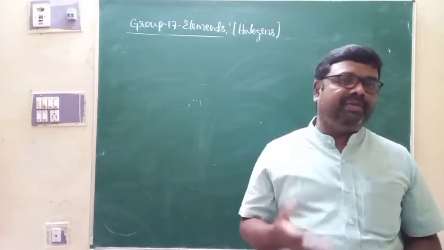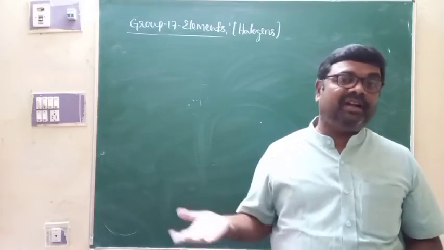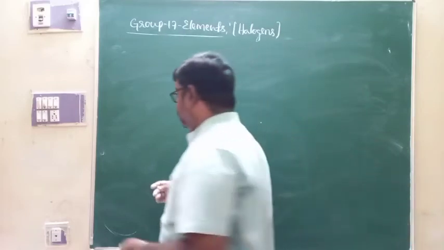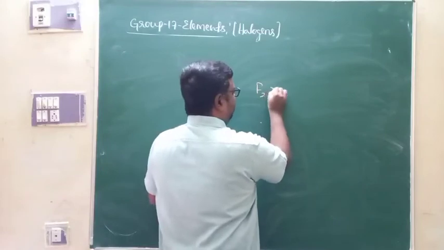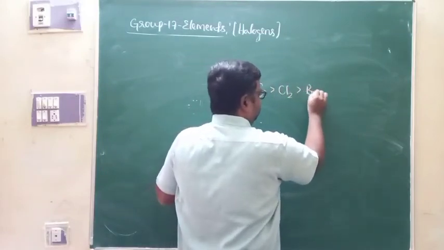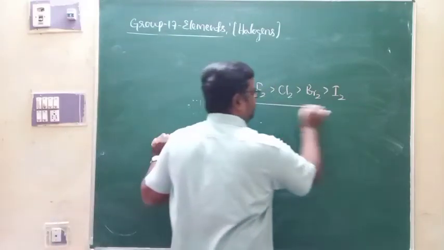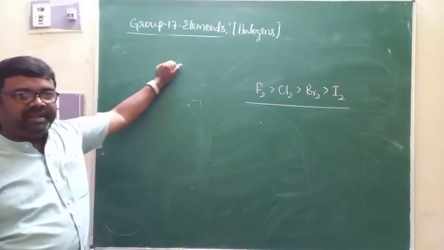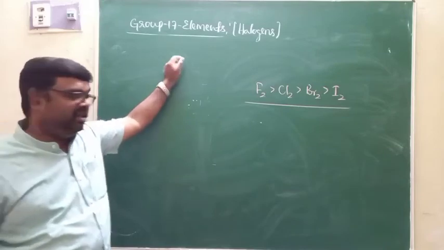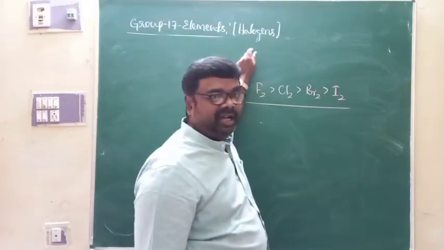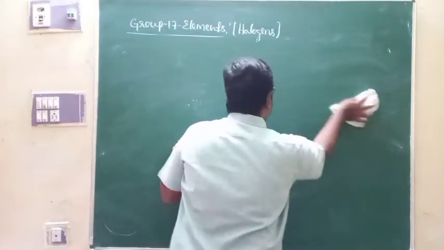The reactivity will be decided by many factors. Bond dissociation enthalpy, electron gain enthalpy, and of course hydration enthalpy ಅಂತ ಇನ್ನೊಂದು ಬರುತ್ತೆ. ಹಾಗಾಗಿ the reactivity order varies like this. Fluorine is more reactive than chlorine, chlorine is more reactive than bromine, bromine is more reactive than iodine. This is the reactivity order because of low bond dissociation enthalpy, high electron gain enthalpy, high electronegativity, high hydration enthalpy. ಇವೆಲ್ಲ ರೀಸನ್ಸ್ ಈ ರಿಯಾಕ್ಟಿವಿಟಿಗೆ ಕಾರಣ ಆಗುತ್ತೆ. And the combined effect of all the things. Okay? So this is what we call reactivity order.